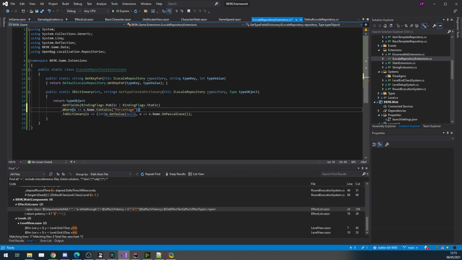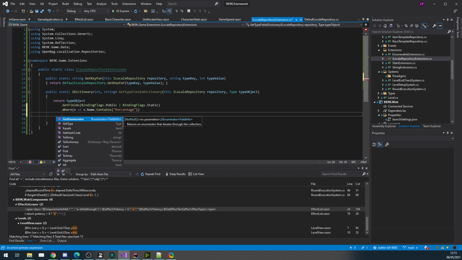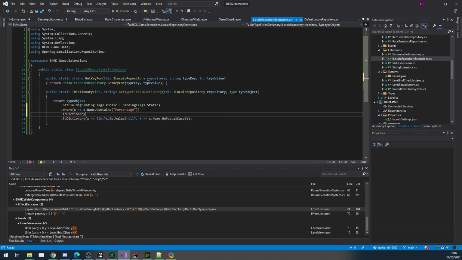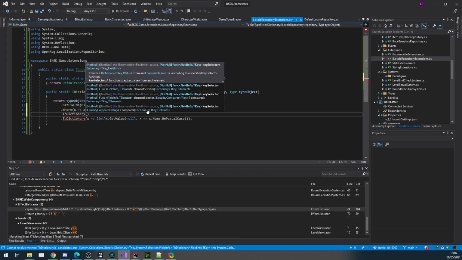So it contains percentage. To dictionary. Do I actually need it to be a dictionary? It doesn't need to be a dictionary. I'll keep it as a dictionary for now. It could probably just be a hash map or something. But